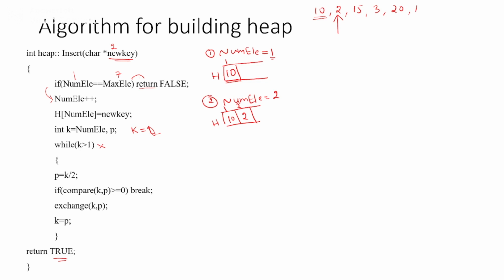Whether k is greater than 1, so 2 is greater than 1, condition is true. So it will come here, it will make parent p is equal to k by 2. So now you will get p is equal to 2 by 2, that is 1. Now compare k and p. That is nothing but you are going to compare the value of